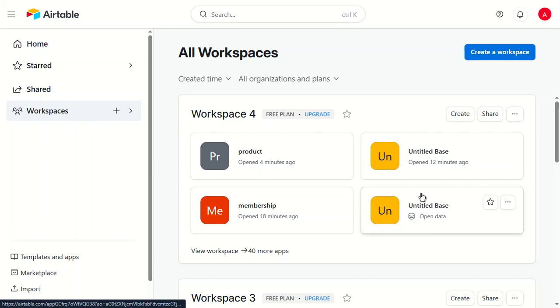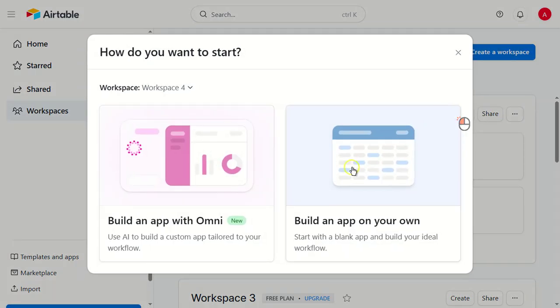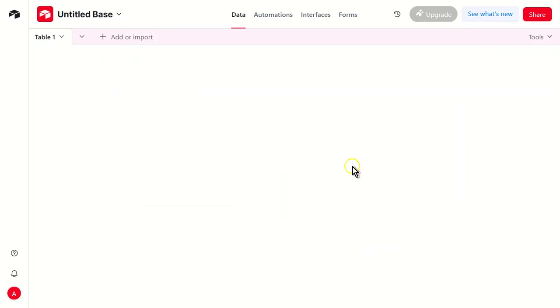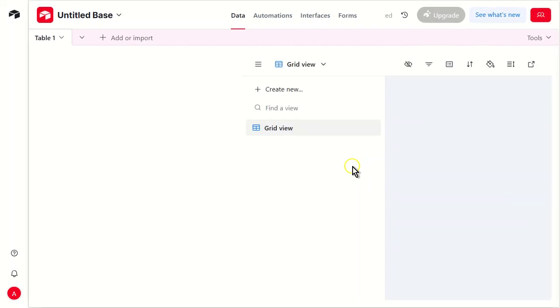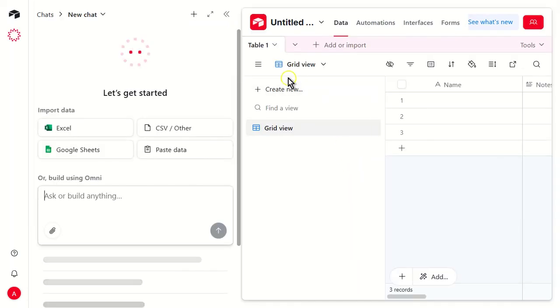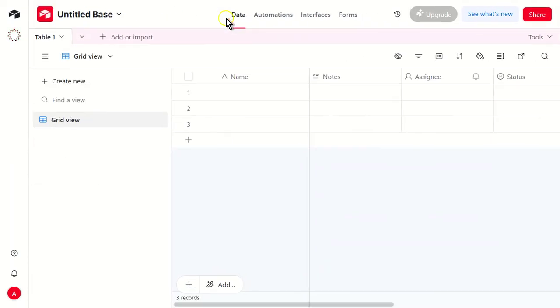Today we're diving straight into how to build an efficient client onboarding system in Airtable. Start off by creating a new base in Airtable. This is your foundation for organizing all of your client information. Think of it as an interactive spreadsheet with superpowers that allows you to manage and visualize your data in various